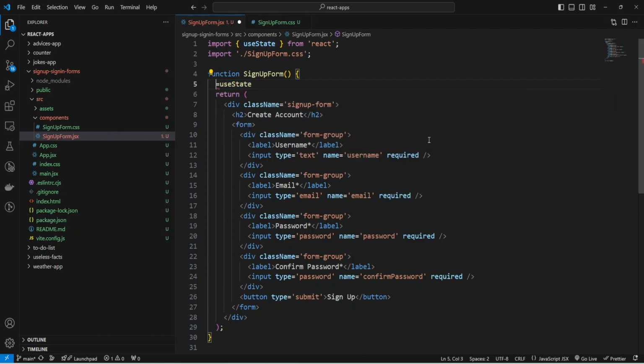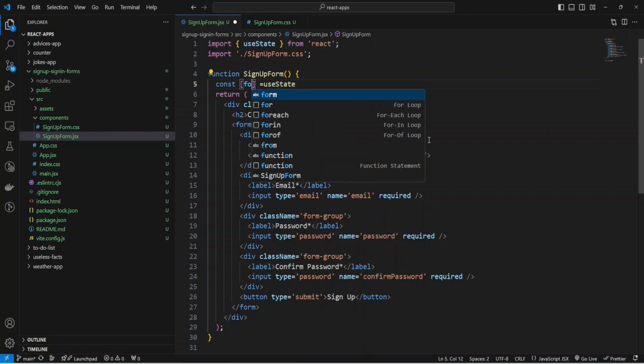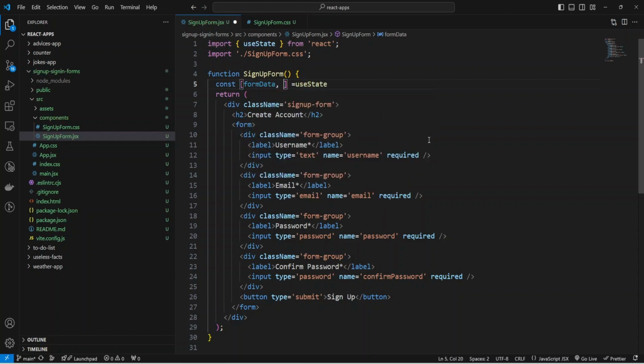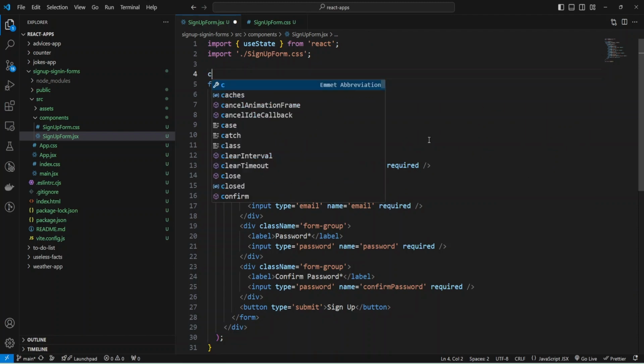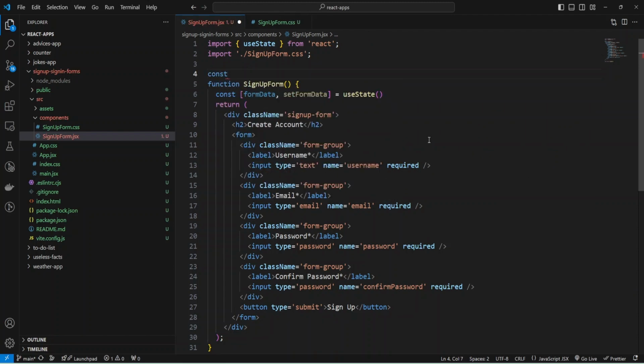I'm going to store this value and function into variables. The variable will be form data, and the function setFormData.